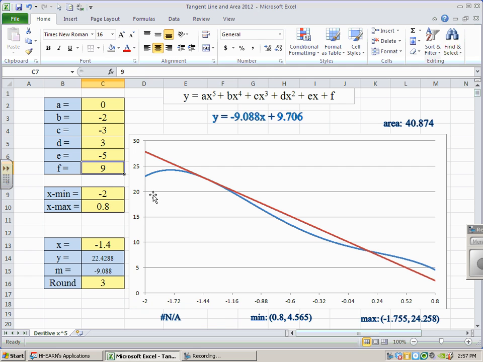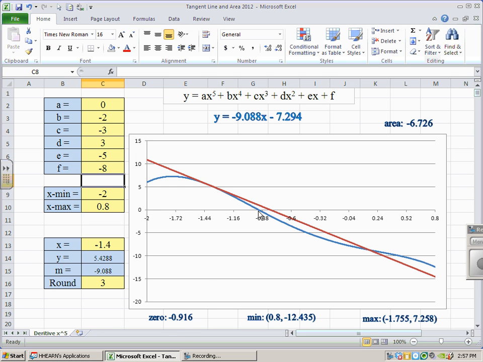You want to see the 0? See if it works? I'm going to make this be minus 8. You got a 0 now, and there it is. My 0, it looks like it's at about negative 0.916. Do I want it to be more accurate? Sure I do. This is a very dynamic graph. I can do a lot of things with this. So pretty slick. But if you're absolutely sure that it looks the way you want it to look, maybe the